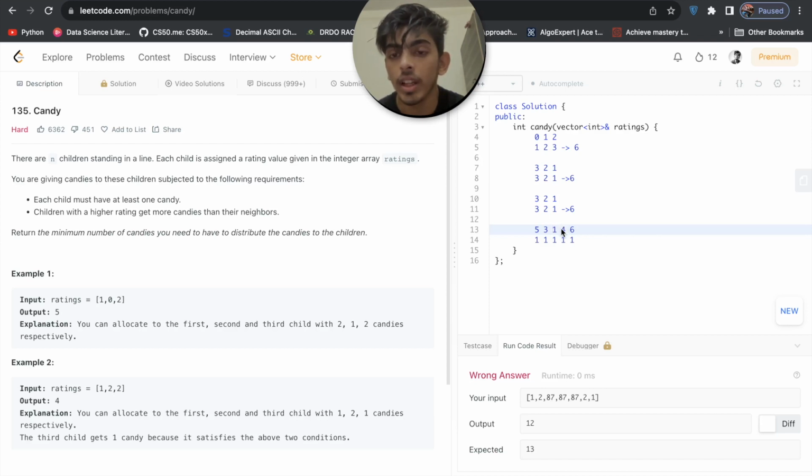Then we will have a rating of 4 at this index. We'll check if we have a left neighbor. Yes, we have a left neighbor, and its rating is less than the current child's, so we'll increment this to 2. After that we'll move to this index, which also has a rating greater than its neighbor, so we will give him extra candies than the neighbor. We will give him 2 extra candies,